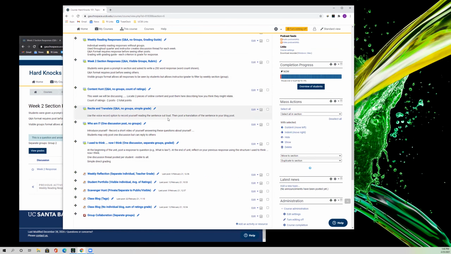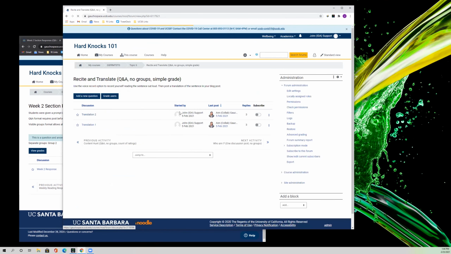So the last 2 that I want to cover are not so much different features, but 2 different ways students can post. Specifically, using the audio and video recording options, which we also have another article on our help site for. So the first one would be how to go about